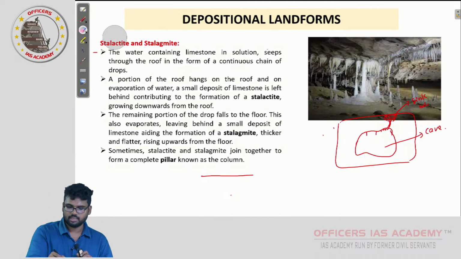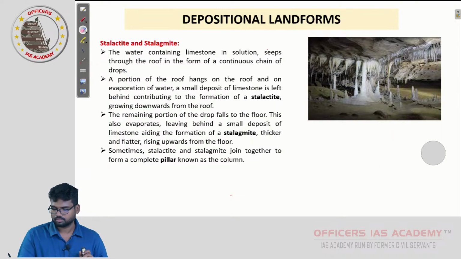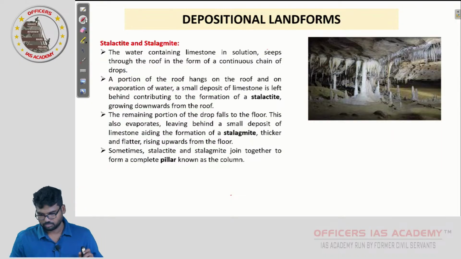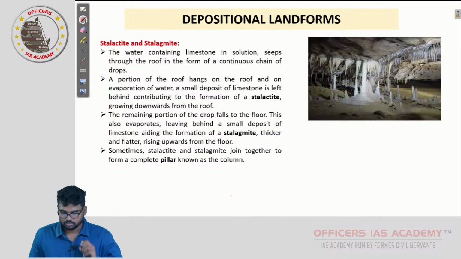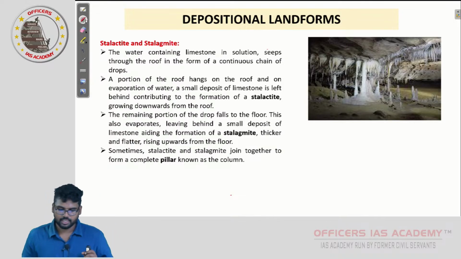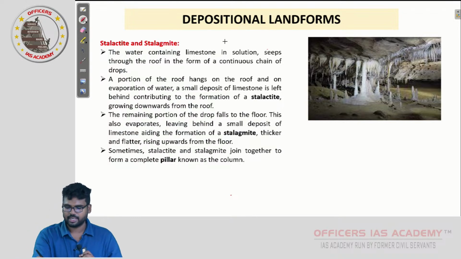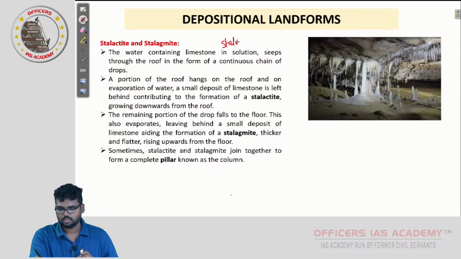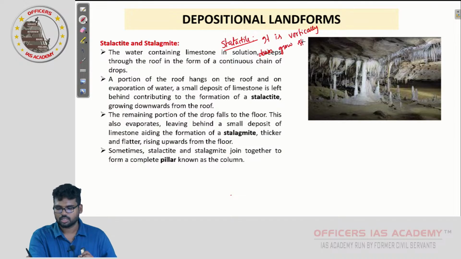Next, depositional landforms. Within that you can write stalactite and stalagmite. First we will write about stalactites. Stalactite, please write, it is a vertically down growing structure